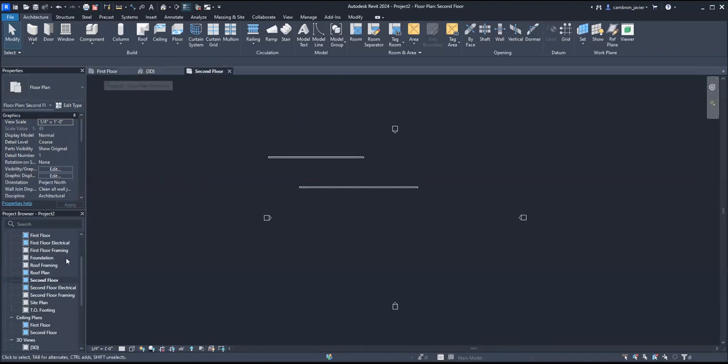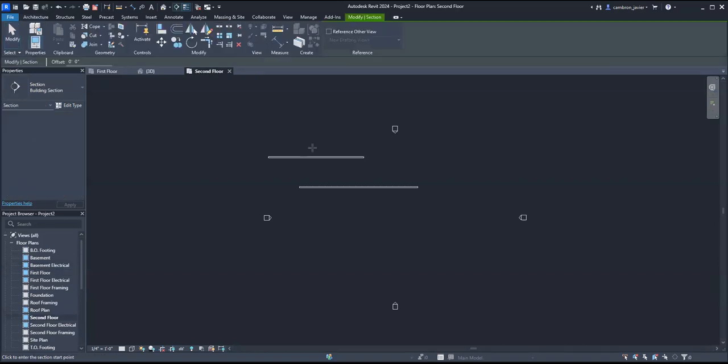So the project browser already has default drawing sheets. We have our elevations here, we have ceiling plans, reflective ceiling plans, site plans, footing plans, foundation plans, and so on. The one thing it doesn't have is sections, and that's because we haven't created any sections. But the minute we create a section,